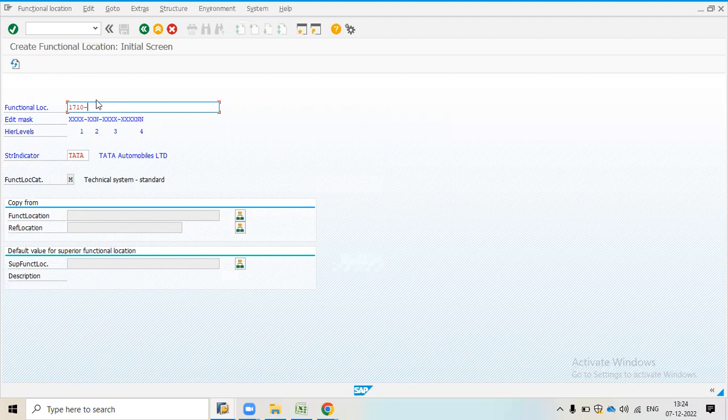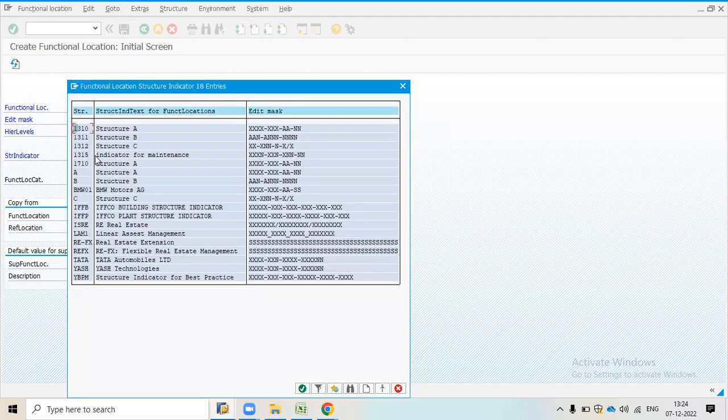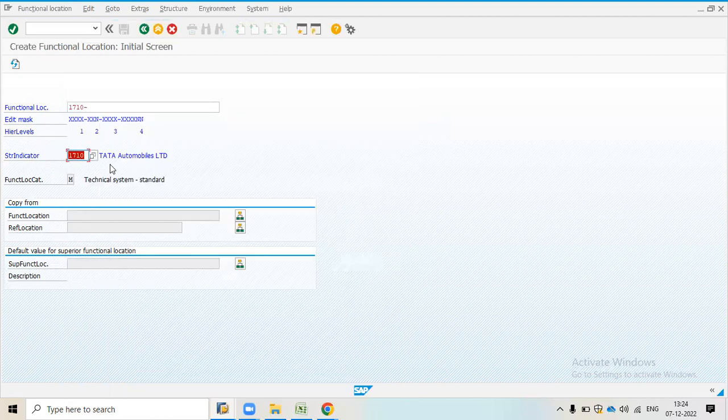So I will choose this function location 1710. Okay, and then I will press enter. What I have selected is structure indicator 1710. After that I will click 1710 dash pum.